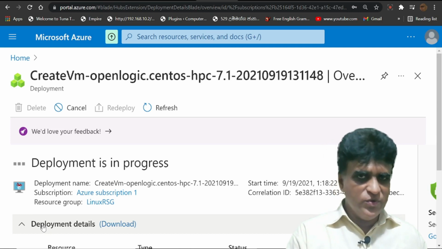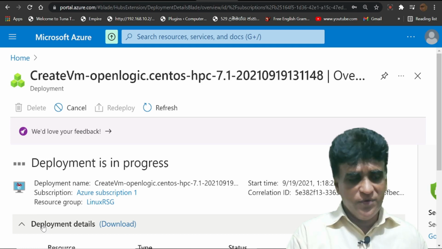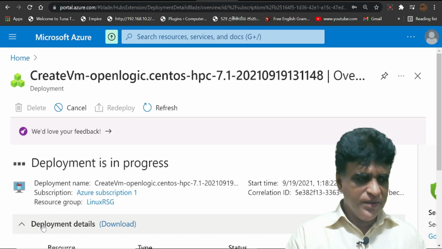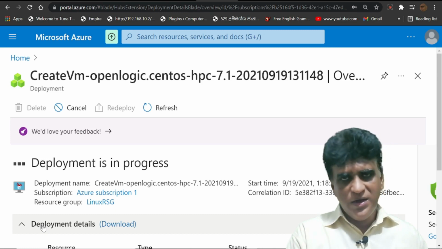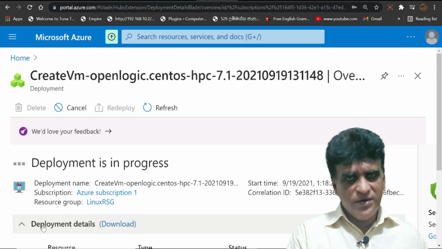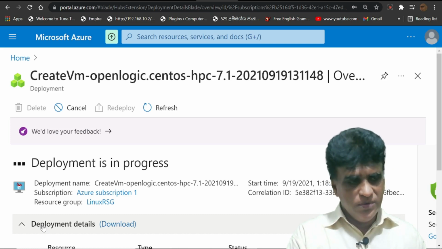That will take around 2 to 3 hours for server installation, right? You can install not only CentOS, you can install Red Hat, you can install Debian, you can install Ubuntu, right?